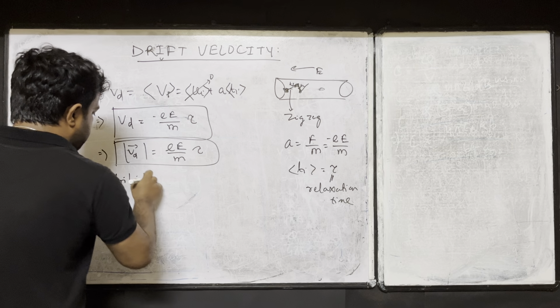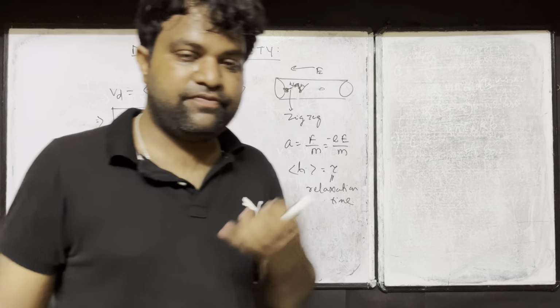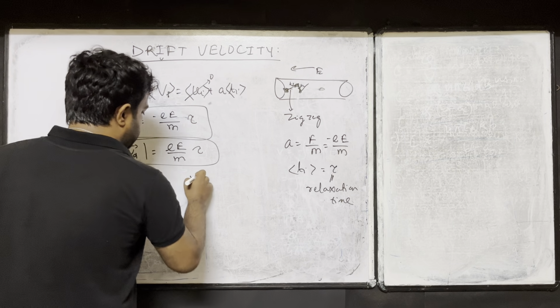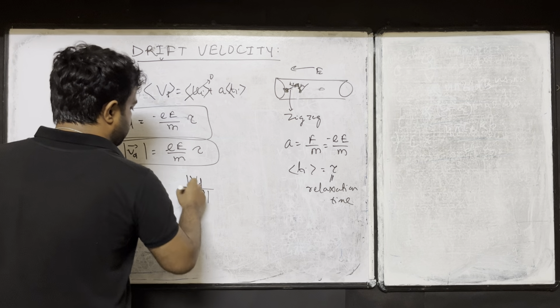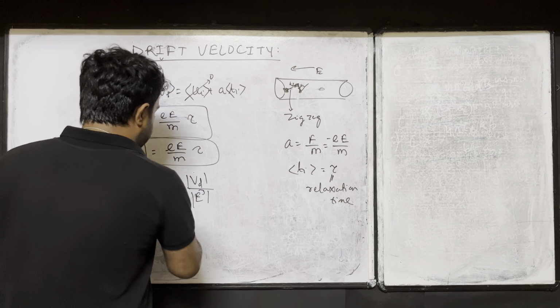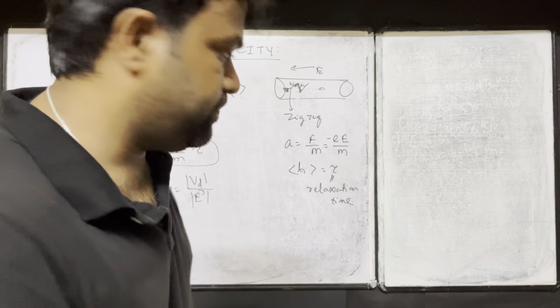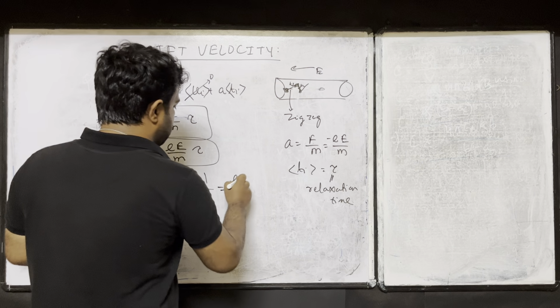What is mobility? It's the movement per unit electric field. What is the speed it is moving? So drift velocity per unit electric field, magnitude you can take both. This is called mobility, a mu symbol or some other symbol also used. So this is called mobility, drift velocity per unit electric field. So drift velocity is this one, E magnitude